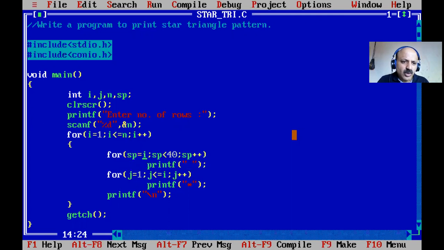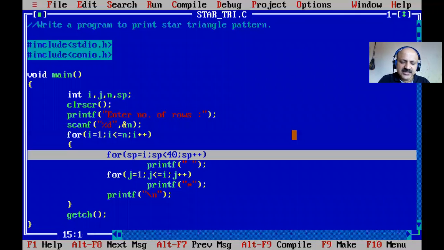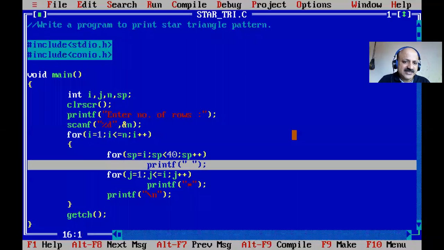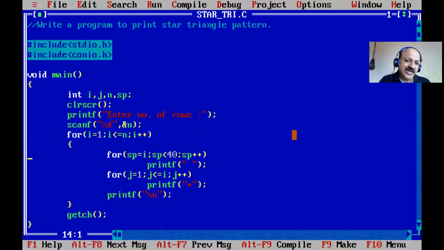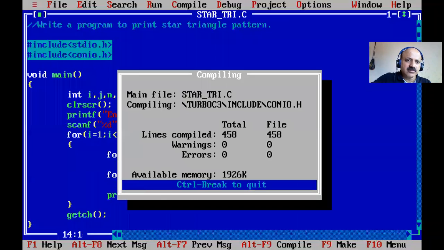What happens is, when i is one, then one blank space is printed and the star goes in the left part. Then with i plus plus, two stars go in the left side. That always happens. So we initialize the number of spaces as less than 40. First i is 1, so 40 minus 1 is the space count. Then i is 2, so 1 space less and 2 stars are printed, and with i plus plus the spaces become 38. Then with i plus plus, 3 stars and 37 blank spaces.